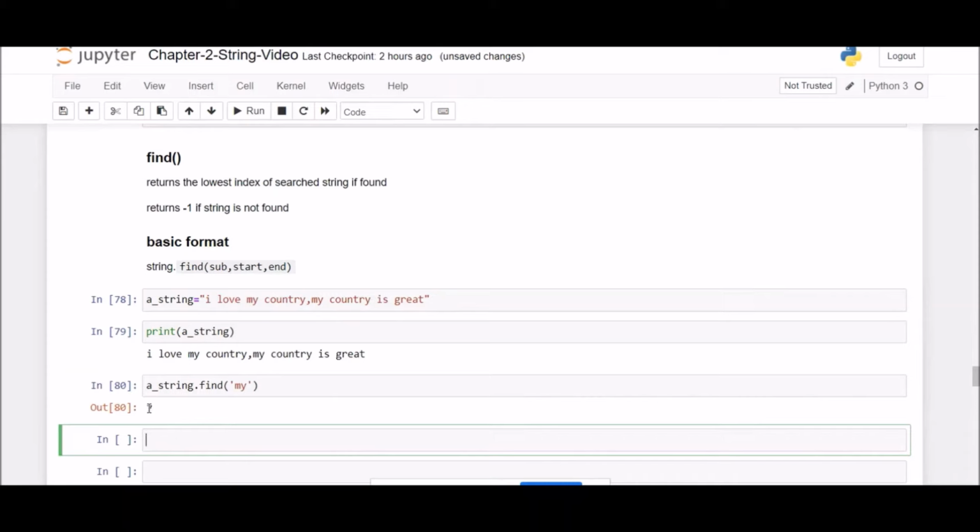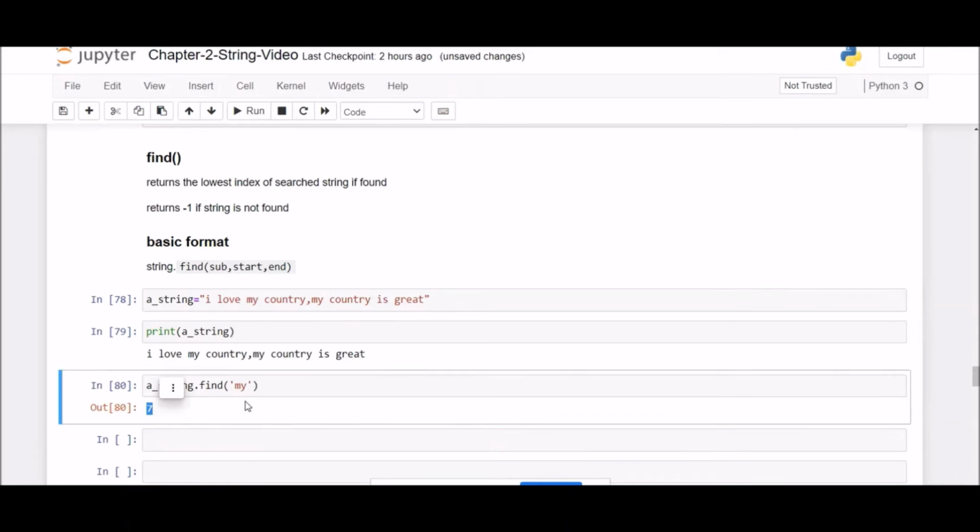It is returning us what? It is returning us the lowest index where this my is found. For example, it is returning 7. So let us see what is at position 7.